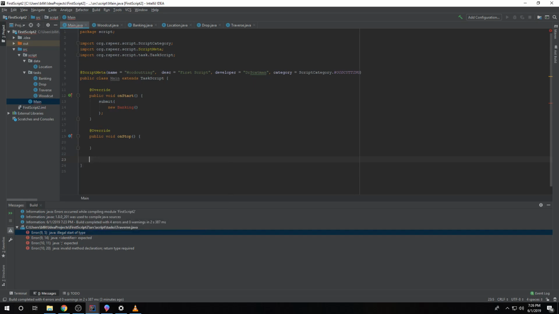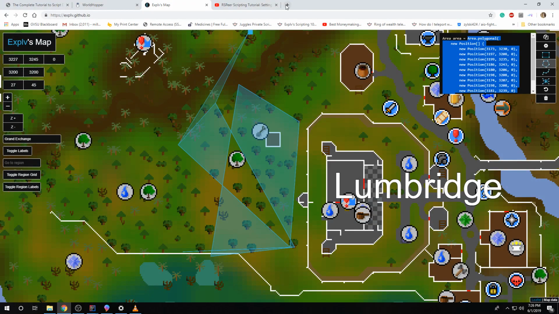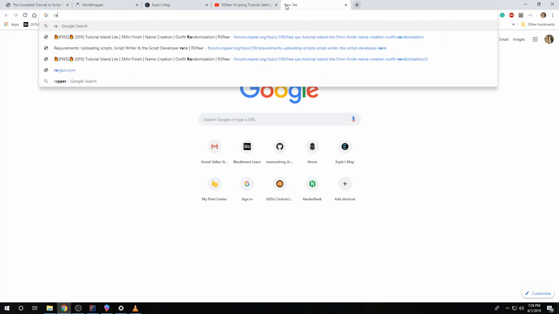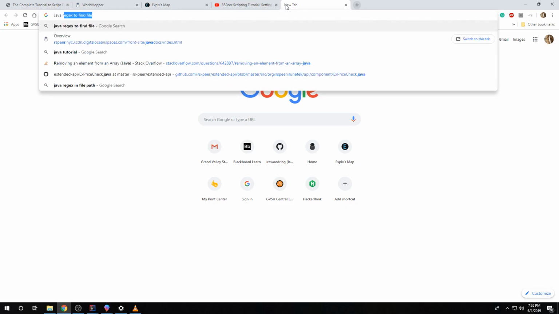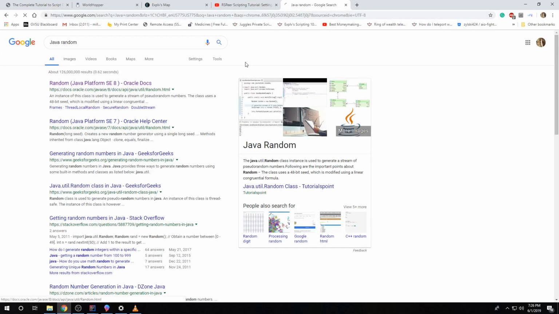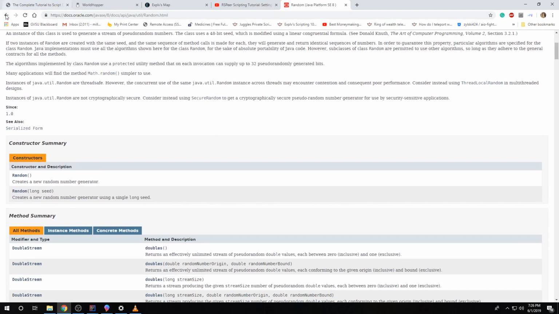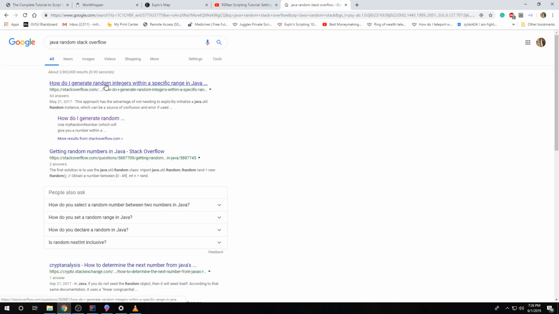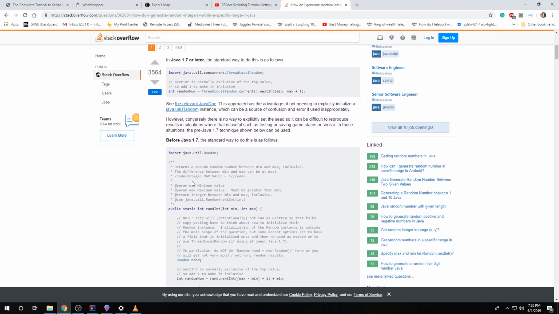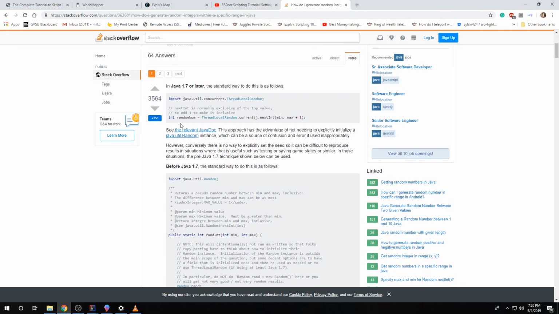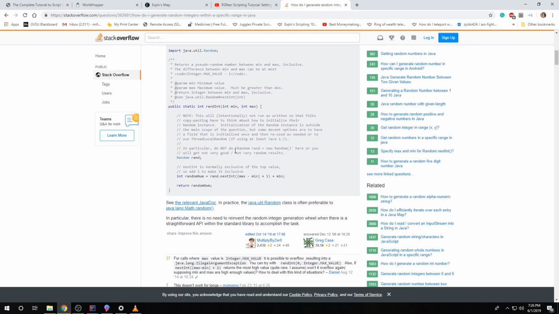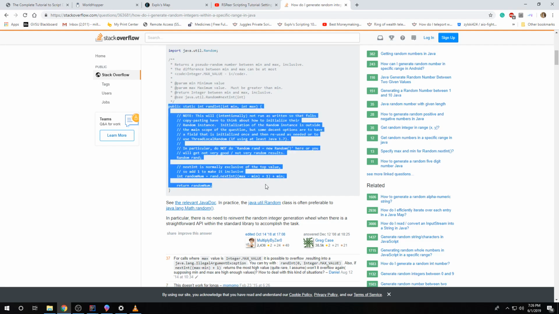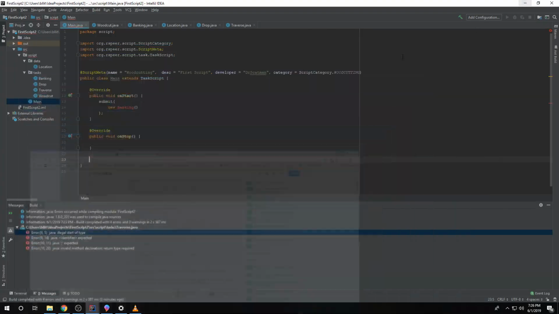I don't know why I typed man. I don't have this equation memorized. Again, Google. Java random. Just kidding. Good old Stack Overflow. There's a different one that I like using. I think it's this. There's just a lot of comments in there, but